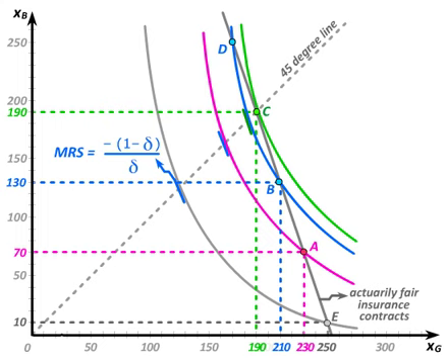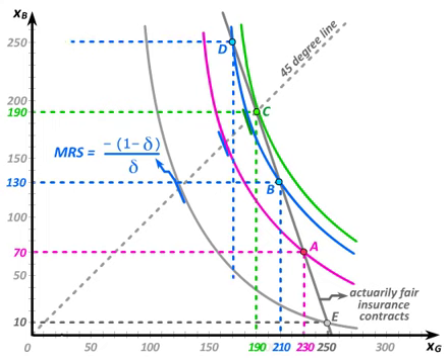More generally, if delta is the probability of the bad outcome occurring, the marginal rate of substitution of the indifference curves must be equal to -(1 - delta)/delta as the indifference curves cross the 45-degree line. If this is the case, then the individual will always fully insure as predicted by the simpler model in the earlier part of the chapter. In my wife's case, delta is equal to 0.25, so -(1 - 0.25)/0.25 is equal to -3.